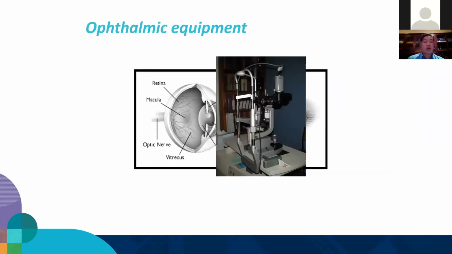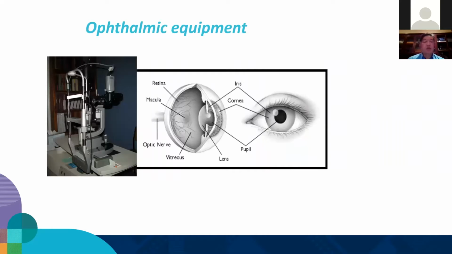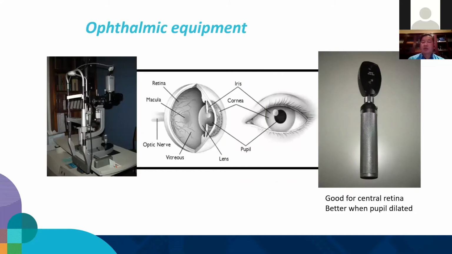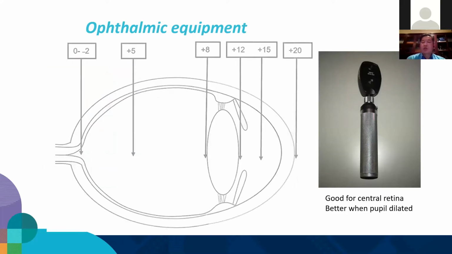So when examining the eyeball, if you're lucky enough to have one of these slit lamps in your rooms, then it does make things a lot easier. However, I suspect most of you have one of these direct ophthalmoscopes. And look, it gives you a limited view of what you can see, not just the retina, but the rest of the eyeball. And what you're going to do is dial the green numbers to about +20, and it focuses pretty close up.